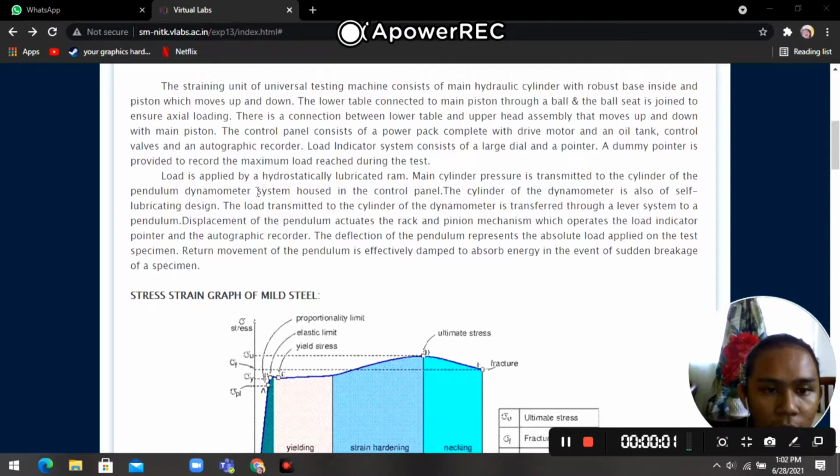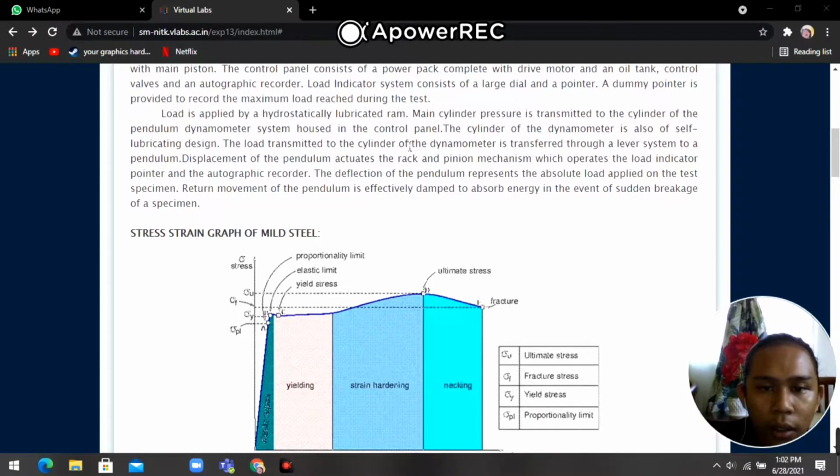Load is applied by a hydrostatically lubricated ram. Main cylinder pressure is transmitted to the cylinder of the pendulum dynamometer system housed in the control panel. The cylinder of the dynamometer is also of self-lubricated design. The load transmitted to the cylinder of the dynamometer is transferred through a lever system to